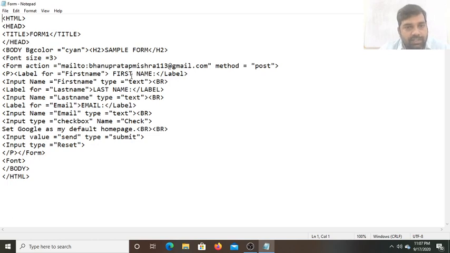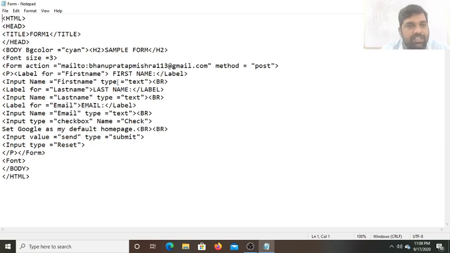So this you will see over the form, and in front of this label first name we have to create a text box, an empty text box, where a user will enter his name before submitting the form. So here we have used the input element, and the attribute is name. Name is equal to first name. So the name given for this first input is first name, and the type is text. So what type of value we are going to enter in this input box? That is text. So this will create a text box.